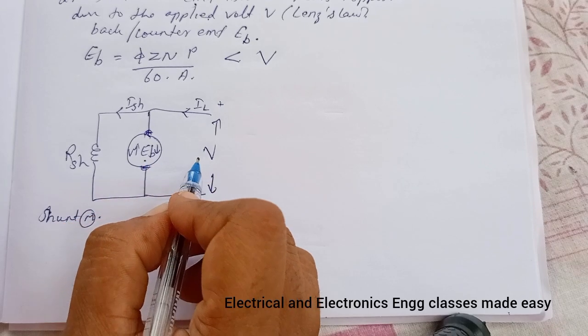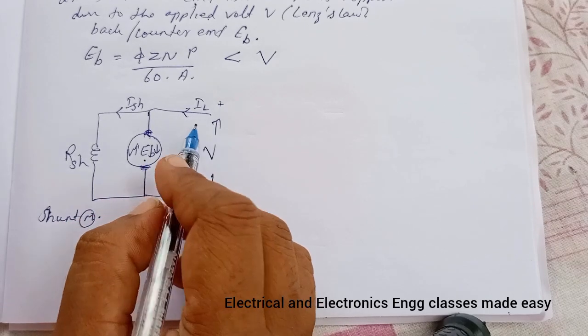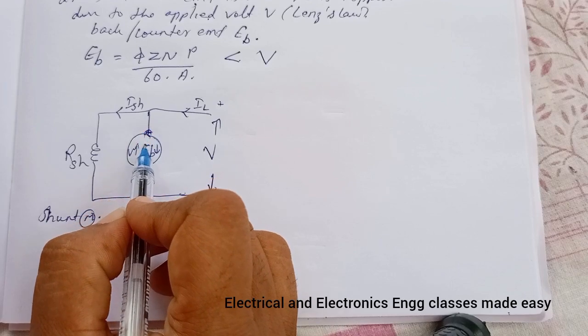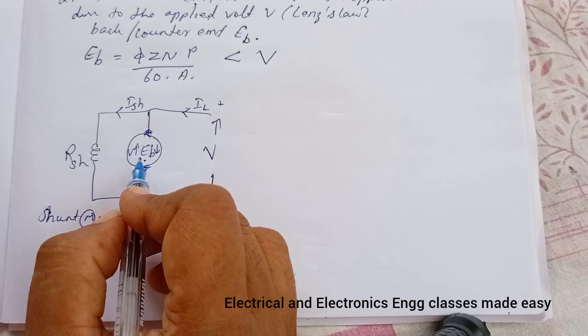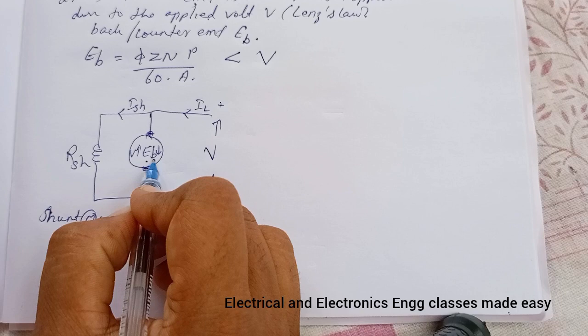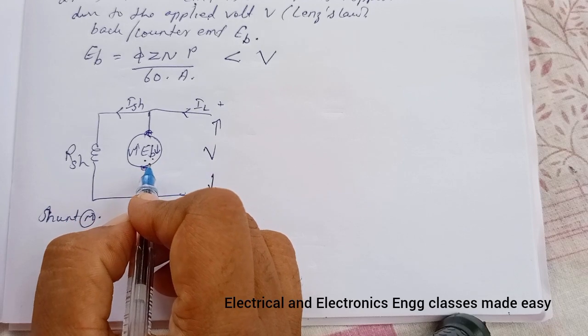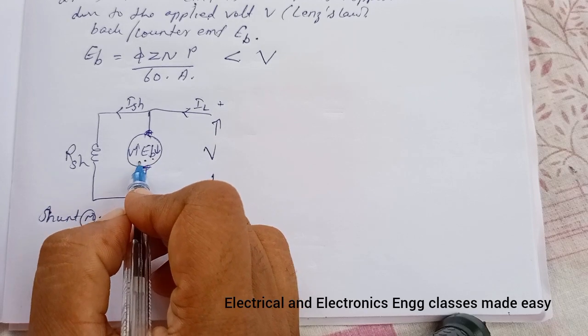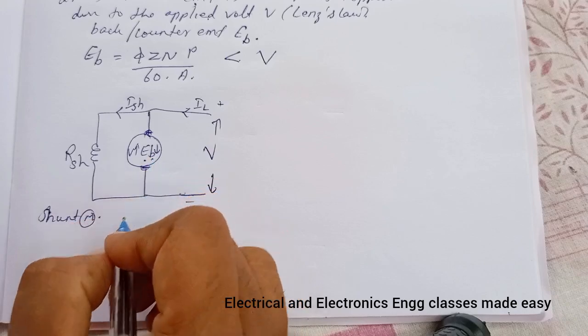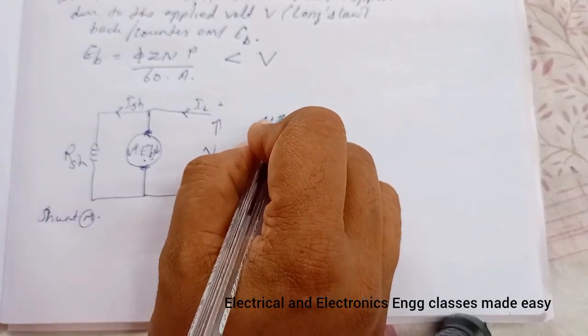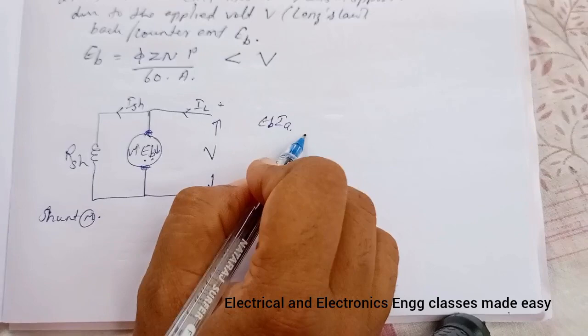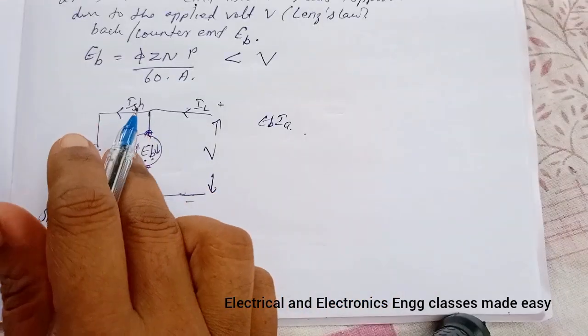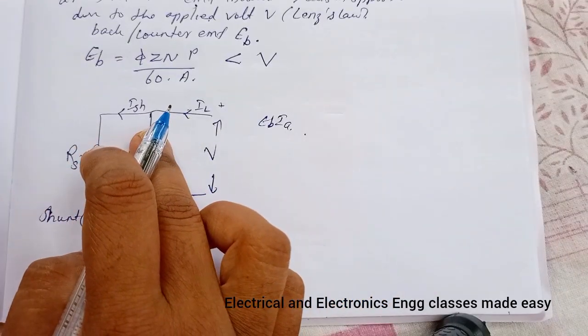The applied voltage V forces the current through the armature against the back EMF EB, and the electric work done in overcoming the power EB into IA is converted into mechanical energy and is transmitted through the shaft,